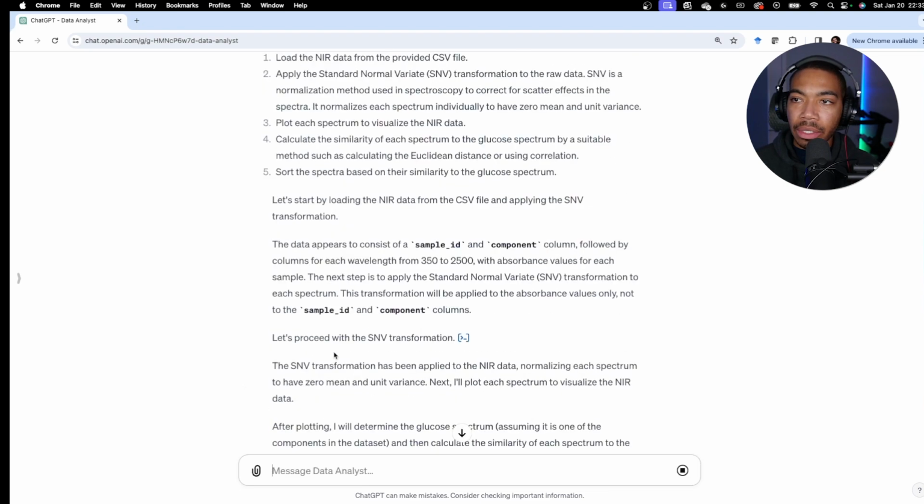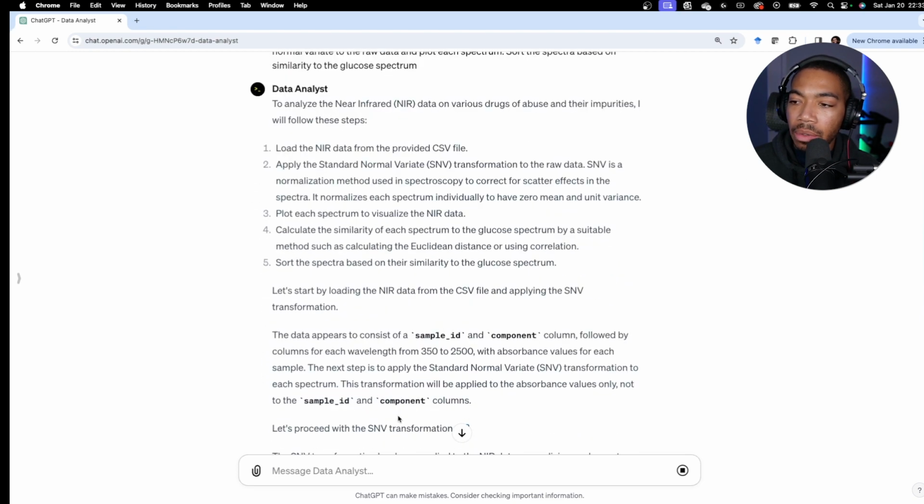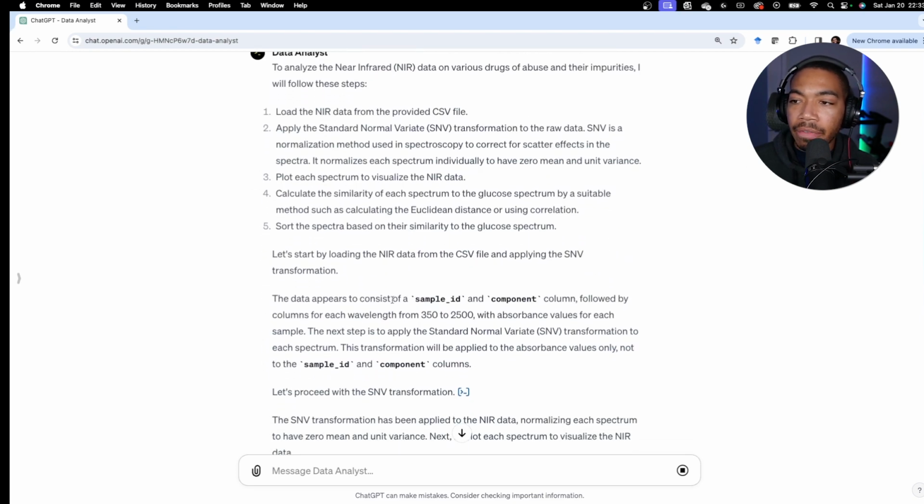Let's talk about what it's done so far. So we have our command and then it runs this checklist, and then it produces this numbered list: load the NIR data, apply the SNV, plot the data, calculate the similarity for each, and then sort those spectra based on that. We can see that it has identified some structure of the data. We have the sample ID and component column, and then it recognizes that we have our wavelength data between 350